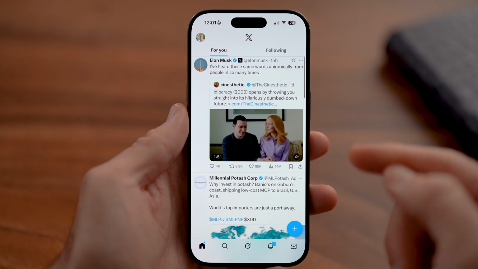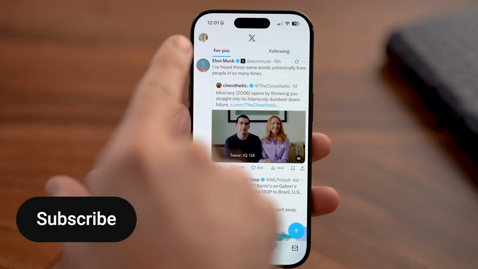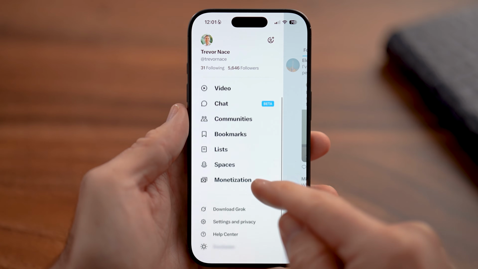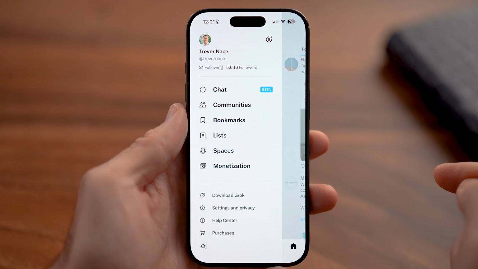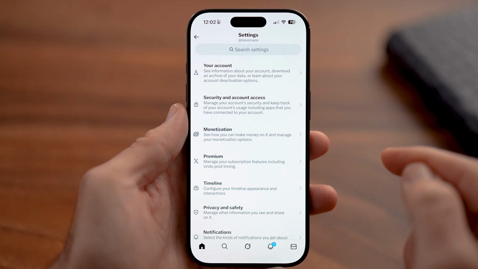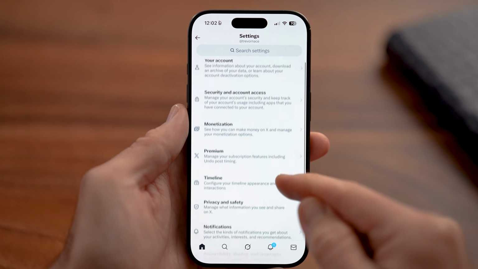And the first thing we need to do is get to your settings. So at the top left there, you can see that profile button. I'm just going to tap on that profile button. And then I'm going to scroll down to the very bottom and we're going to choose settings and privacy at the bottom. Now within here, you'll see a bunch of different options, but we need to scroll down until we